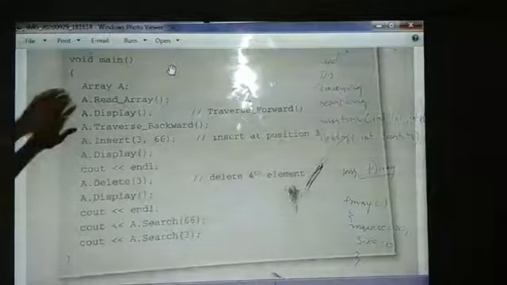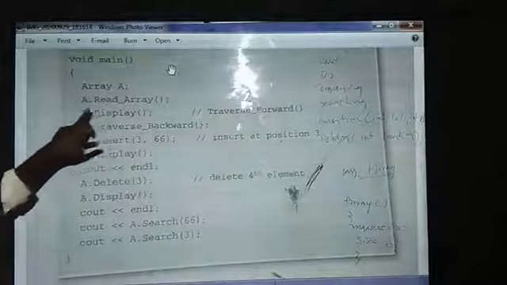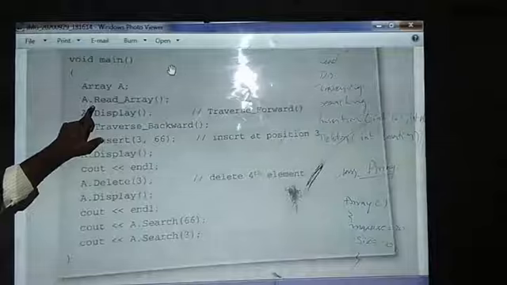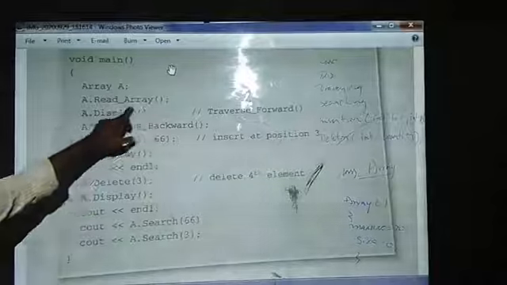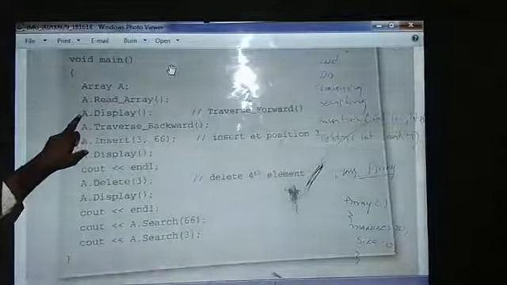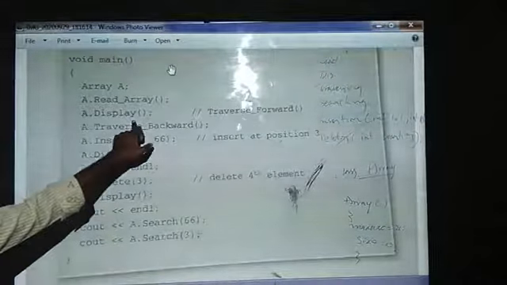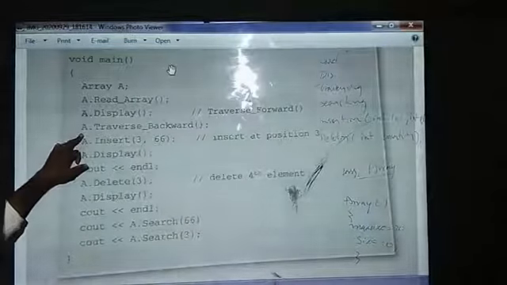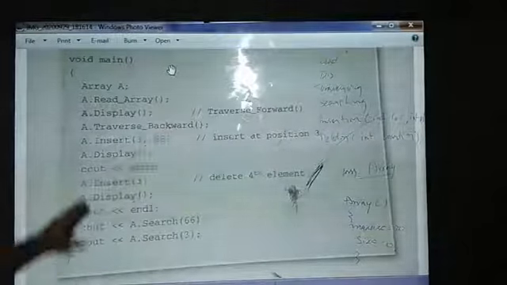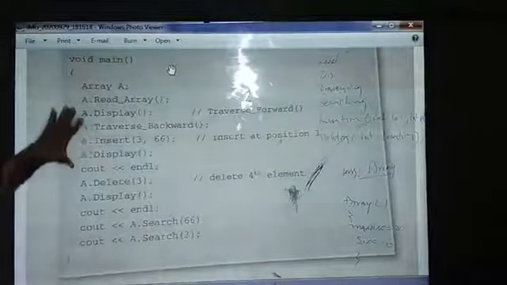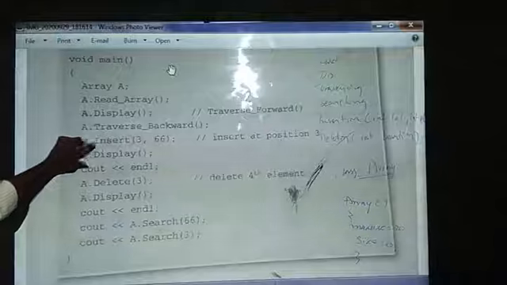Okay, and then see, when I am trying to execute this, first when I want to read the elements into my array, then I will be calling this function A dot. By using this dot operator, I will be calling my function called read array. I will be inserting the elements in your array by using this particular function. How we will be inserting, that we have seen in our previous lecture. When I want to display the elements, by using this dot operator only, we will be displaying the elements. When I want to traverse it from backside, just I will be using object and then dot and then function. A dot insert. Same, similar. Whatever the function that you want to execute, then you people will be utilizing the object and then function.